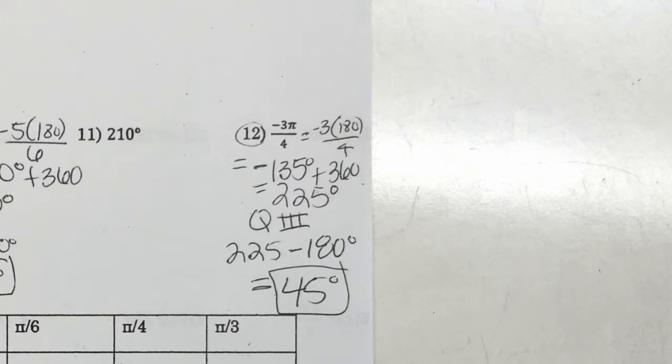So that would give us what? So this is something that's positive 135. So now 135 is in which quadrant? Okay. So you do